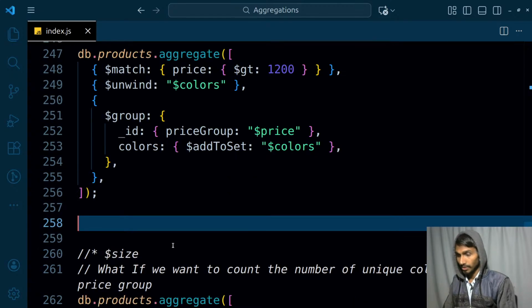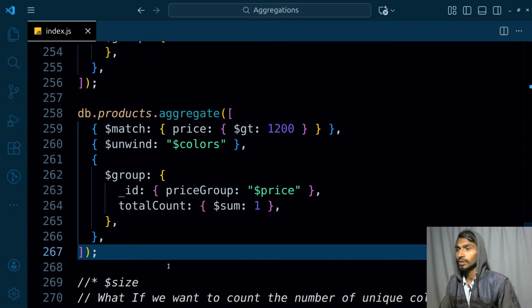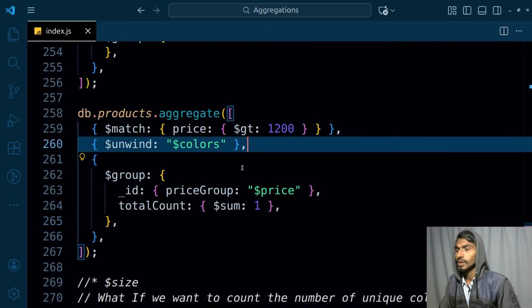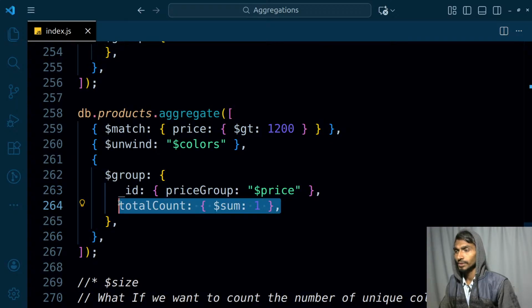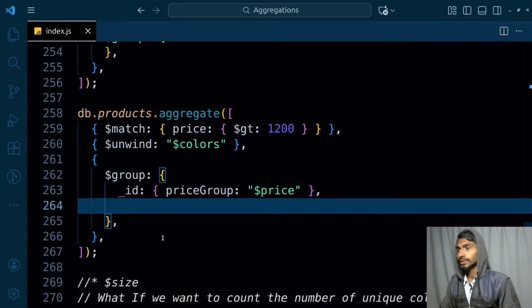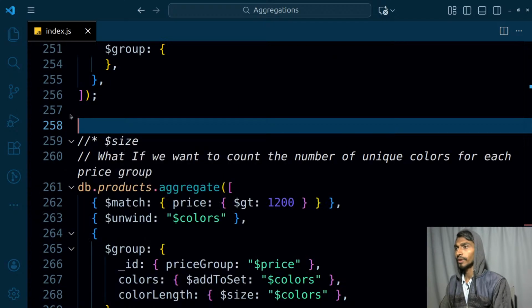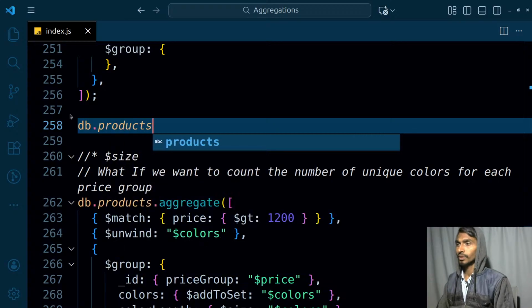So if I just paste my code here, Control V, this was the code that I had in the beginning. Colors, total count, not in this one. Yeah, I don't need this. Let's rewrite it from scratch, why not? db.products. Let's even get rid of this. Products dot